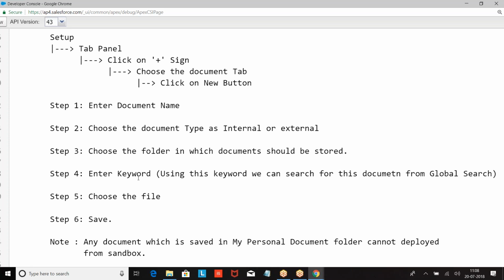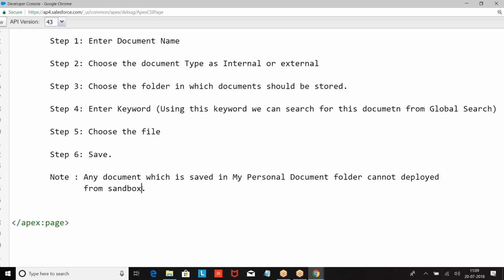They cannot be deployed from Sandbox. If you want to deploy from Sandbox to production, you have to create your own folder, dump the files in that folder, then deploy it.